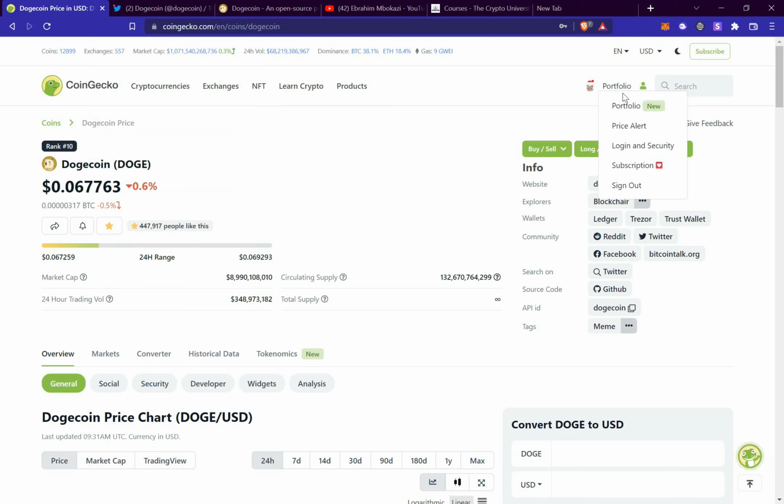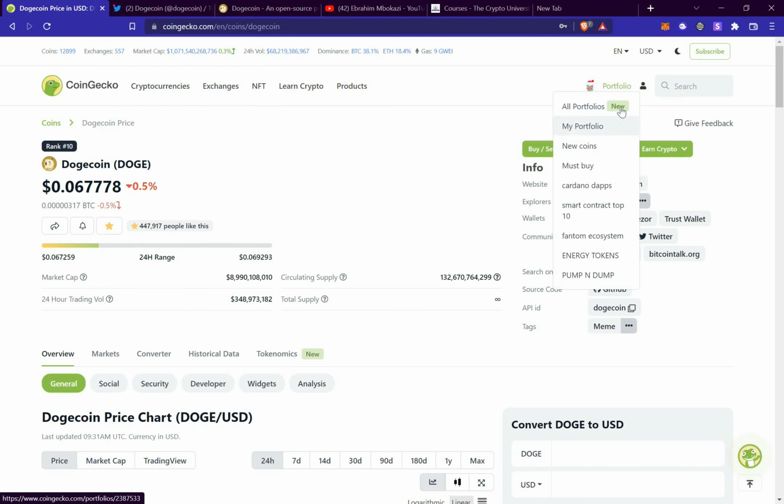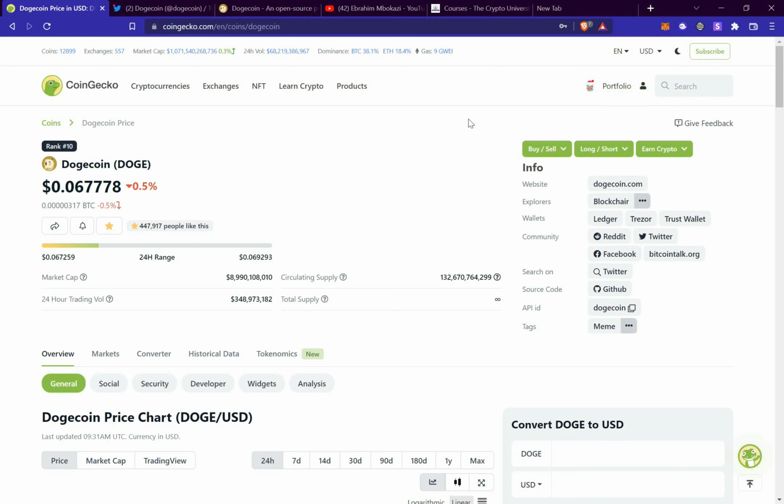Let's just say now I want to go to that folder. I can click on portfolio, and as you can see over here, I can see all these portfolios, and then from there I can click on whichever portfolio I want to have a look at any particular moment. Now going back to the home page,